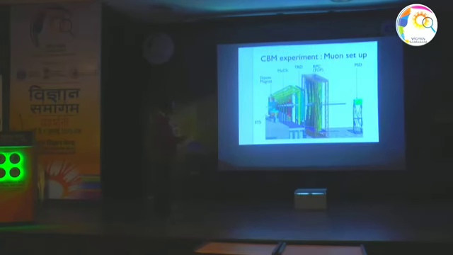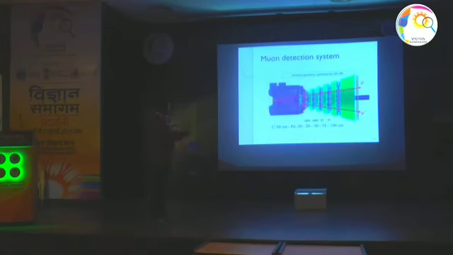So this is another picture of the MuCh. Here you can see there are several iron absorbers to absorb the hadrons. I will not go into the detail, but we finally want to detect dimuons which are produced in the interaction. So here is one picture. You can see this is the interaction point, from here a muon is produced, and also some hadrons are produced. We want those hadrons to be absorbed in the absorber, and the muon to go through, and it will give a signal in the detector.